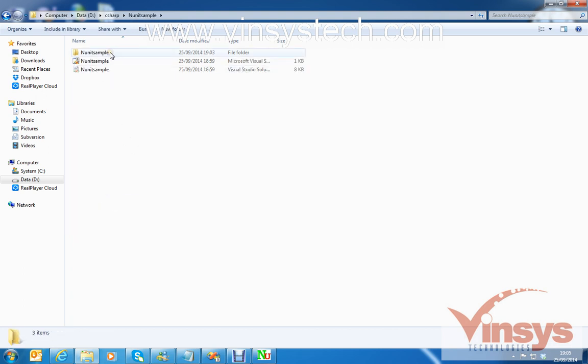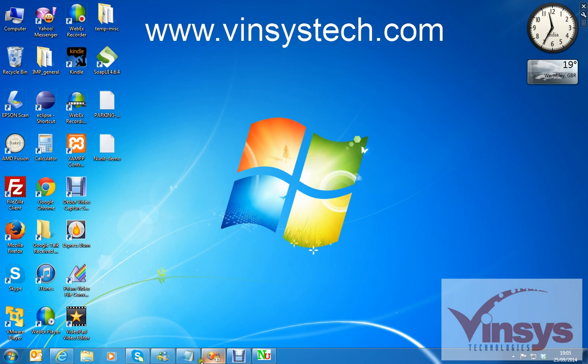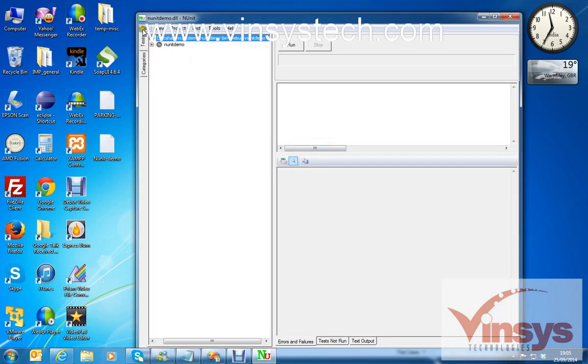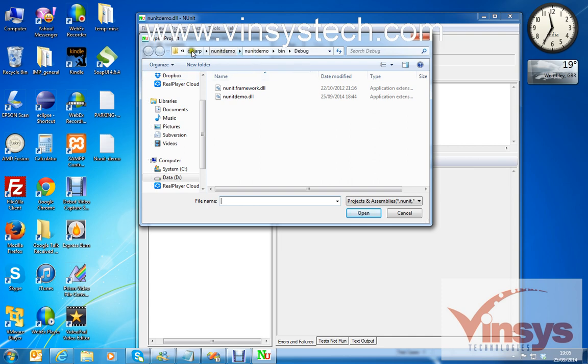In the NUnit sample, go inside the bin folder, and inside the debug folder you can see one DLL is created, nunitsample.dll. Okay, so this DLL we are going to run in the NUnit framework. Okay, right, so we'll go to NUnit now, and File, Open Project, and go to the folder